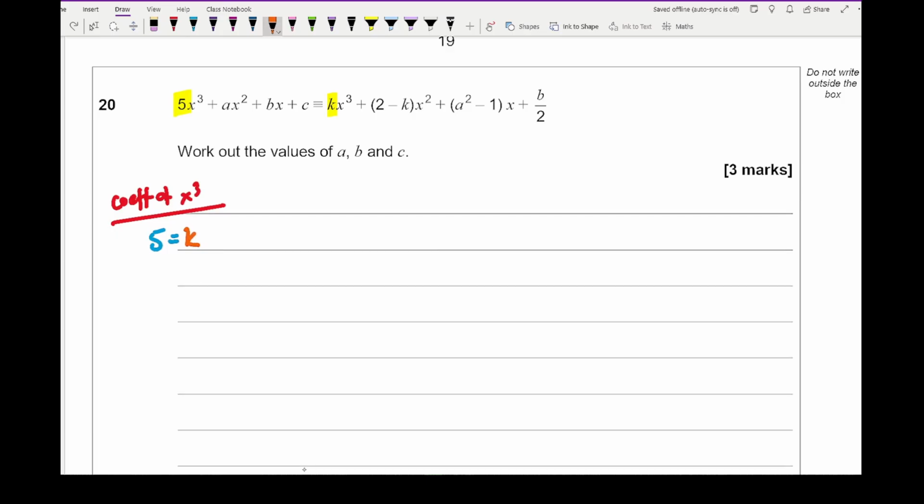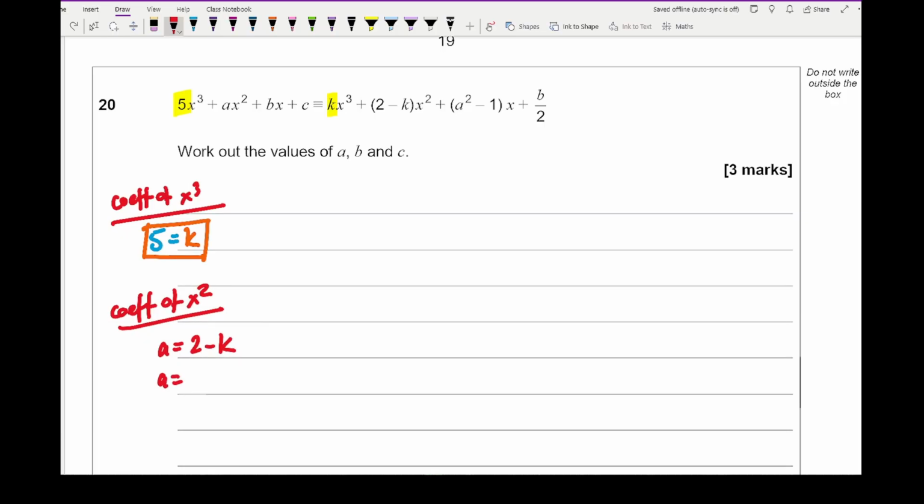So k equals 5, so that's one value there. Then looking at the coefficient of x squared, on the left hand side I've got a, and on the right hand side I've got 2 minus k. Well, I already know what the value of k is, which is 5, so that's 2 minus 5, so